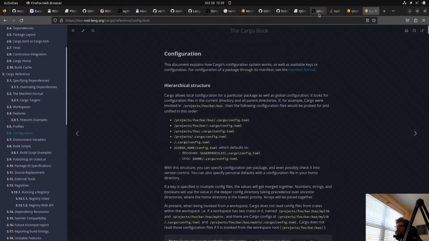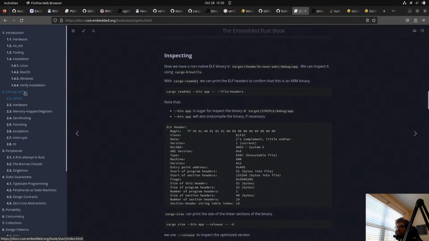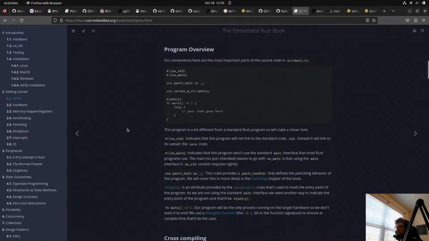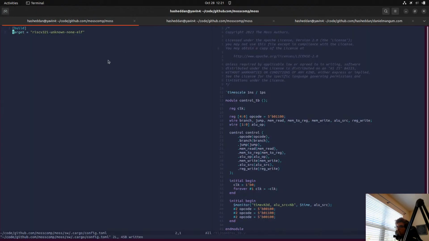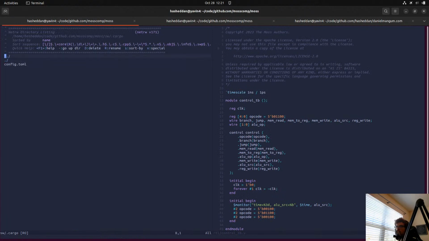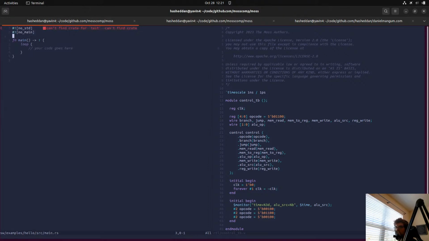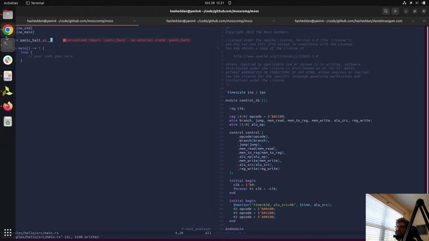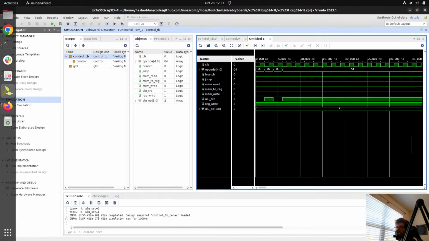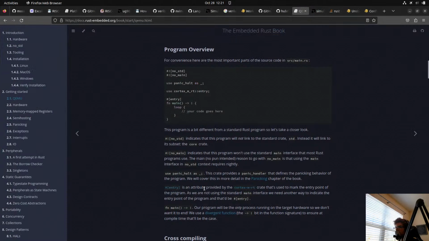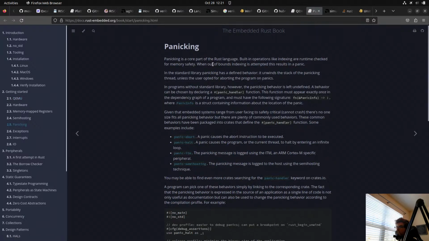All right, let's grab that panic handler. Oh, that's a crate. So a panic handler, panicking. Let's take a peek at that.